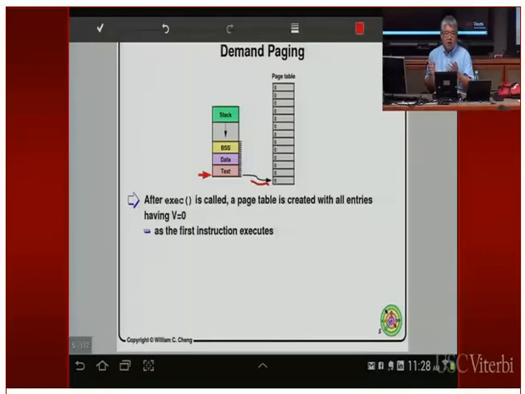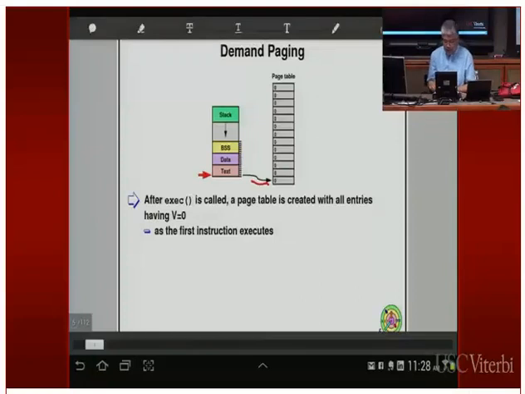Now the operating system needs to walk down the address space data structure and decide whether this is a good memory reference or a bad memory reference. If you're referencing memory location 0, that's a bad memory reference. But if you're referencing the text segment for this user process, that's perfectly good. Now the operating system needs to go to the disk, fetch that page, put it in memory, and then adjust the page table.